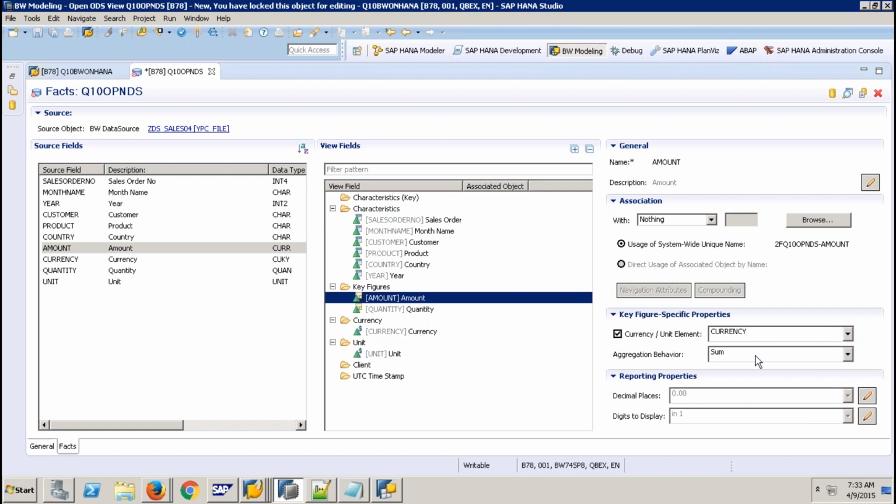But I've got amount. Why it is automatically doing that is because in the data source, when you see the data,